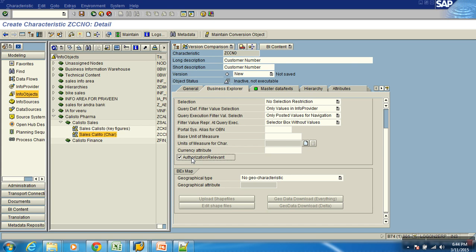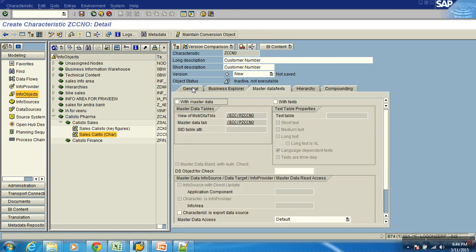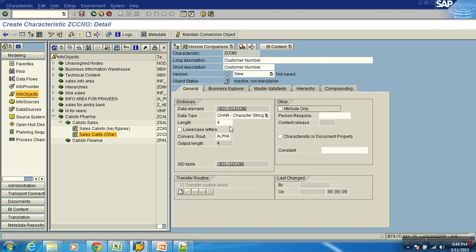Like in BW, how do you do row level security? We can do that, and I'll come to how we do it later. But these are the properties you can have. I've touched on a lot here, but I don't want the attribute table for now. I just want the characteristic. Then I left out the first property.